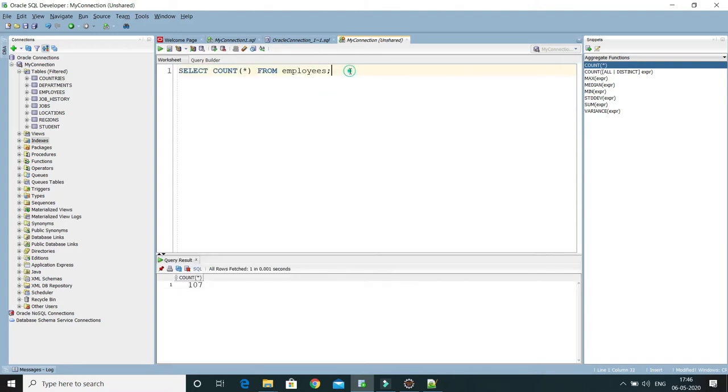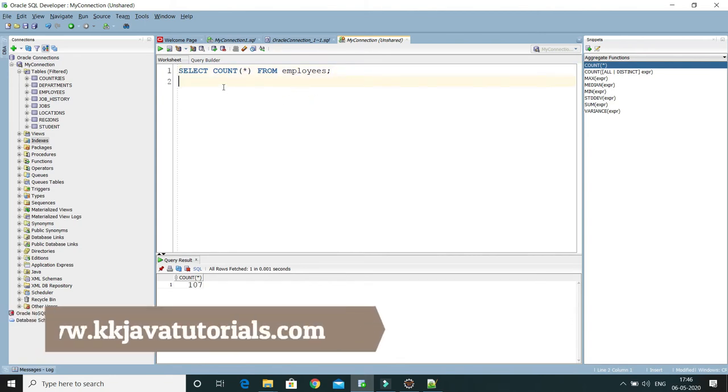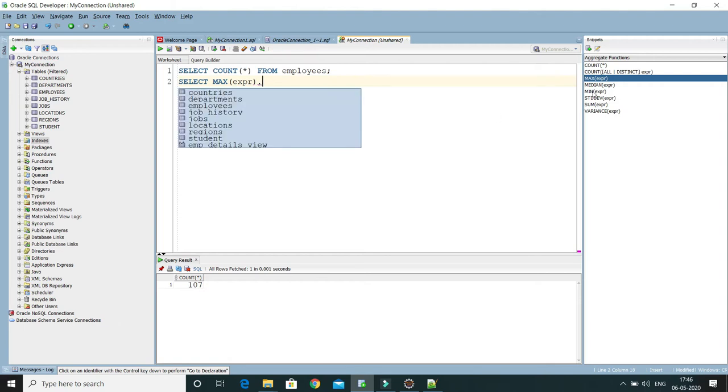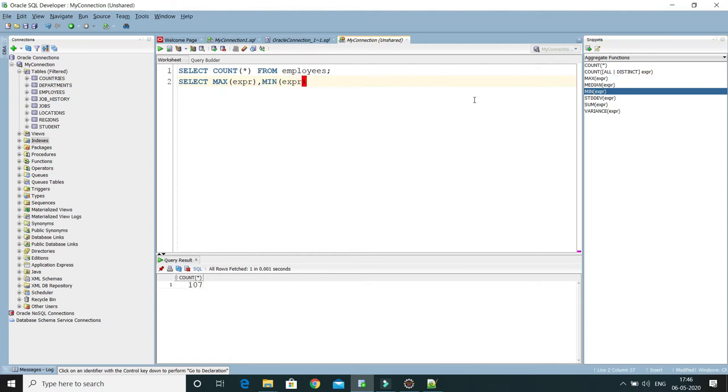Let's say I'm trying to find the max salary, then I'll drop max, then comma, then I would like to say min, from employee, right? Here you can see this is going to speed up your typing speed. Let's say I would like to get the max and min salary from the employee table. So here you can see I can get it easily.